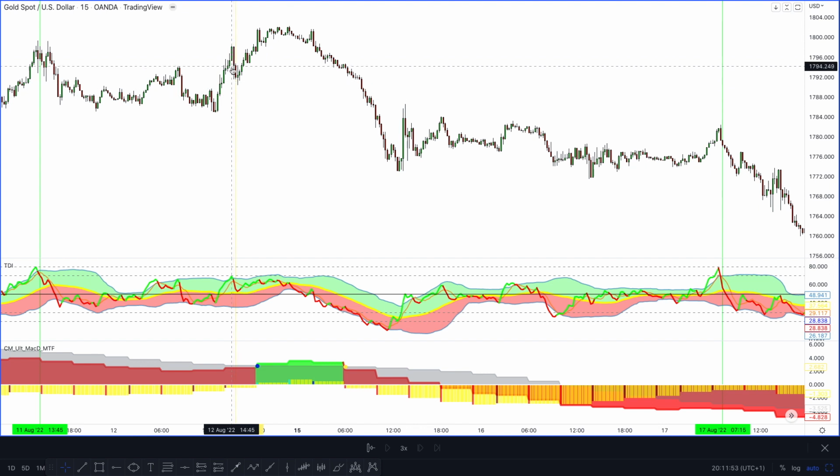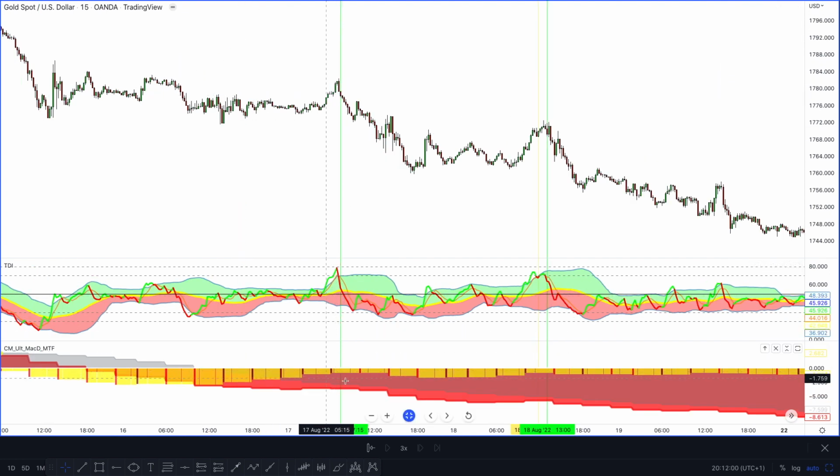Here we would have had a losing trade, as we can see it only went down once and pulled back, and here we would have had a winning trade. Look at this red down here. We can also see at the same time that the market has given us a nice TDI pullback for an